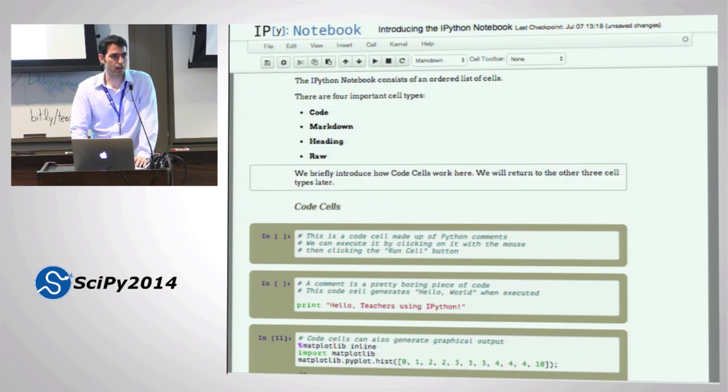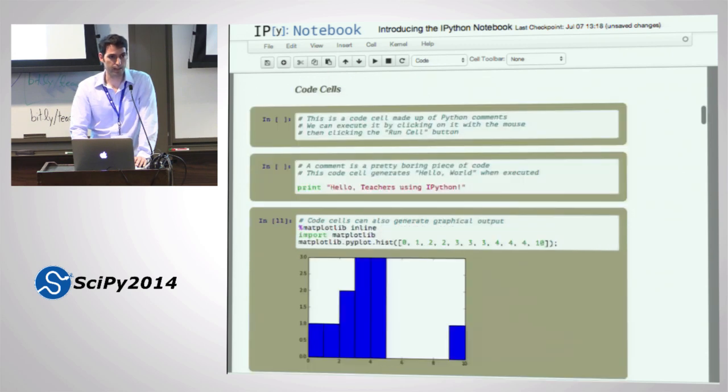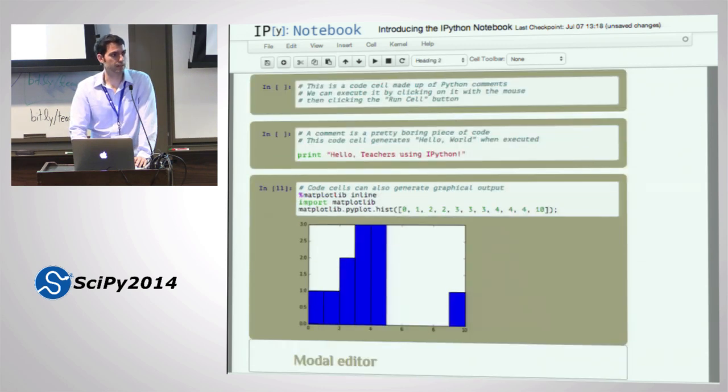Okay, so right now I'm navigating around just by pressing up and down, the up and down arrow keys. And if pressing up and down does not move you out of the cell, so for example here, I'm pressing up and down, and it's moving me between cells, which is really weird.